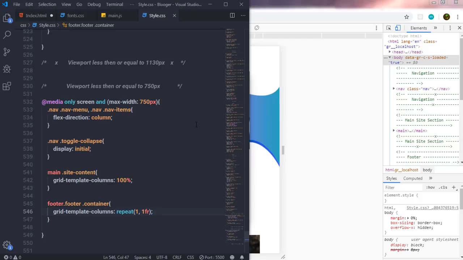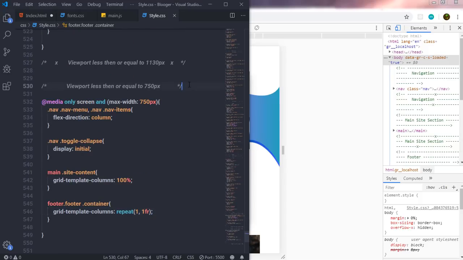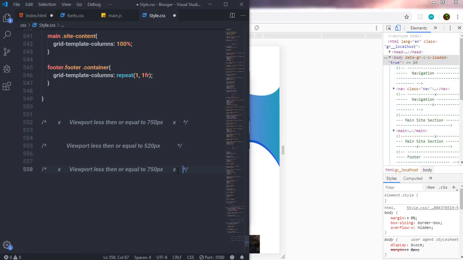So I'm going to open my CSS file, and down here I'm going to first copy this comment, paste it down here, and if the viewport is less than or equal to 520 pixel, I'm going to copy this closing comment as well, paste it down here, change this to 520 pixel,